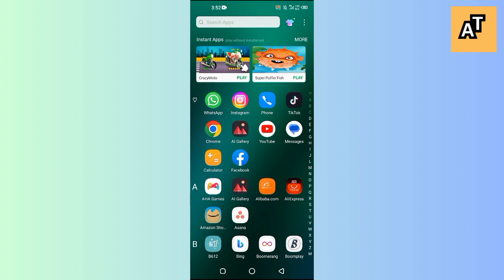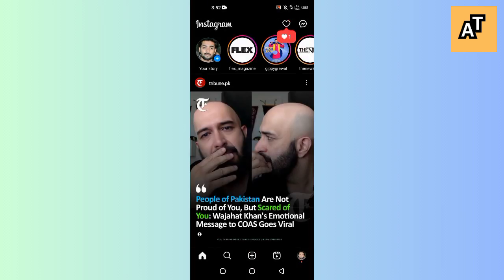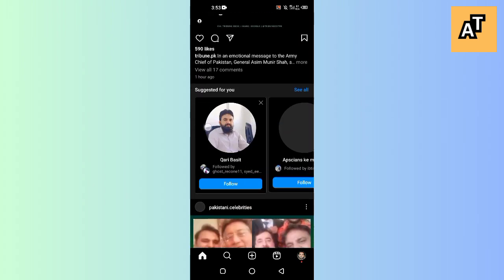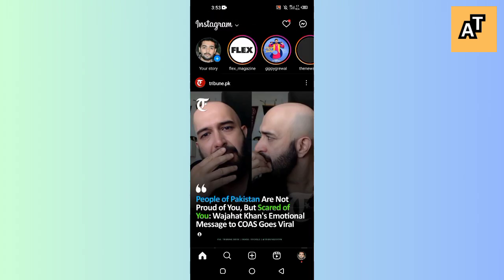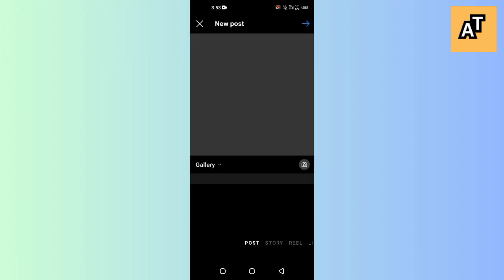So first of all, you need to open up the Instagram application on your Android or iOS. And once the Instagram application is opened up, what you have to do is just tap on this plus icon here and tap on story here. Okay,